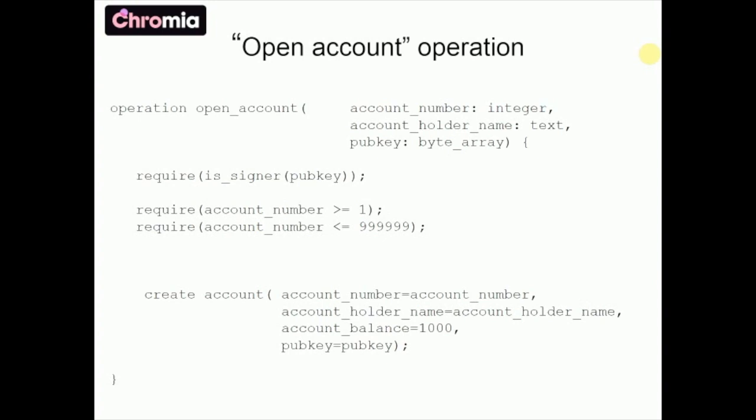You can see that it has been signed by a private key by verifying the public key that's coming in. And also in this bank we have account numbers between 1 and 999999. And if any of these fail, the operation won't go through. That's why it says require. And finally, if those go through, we create an